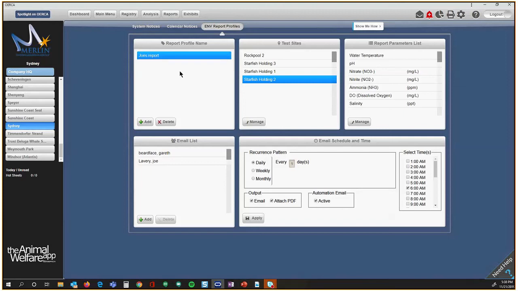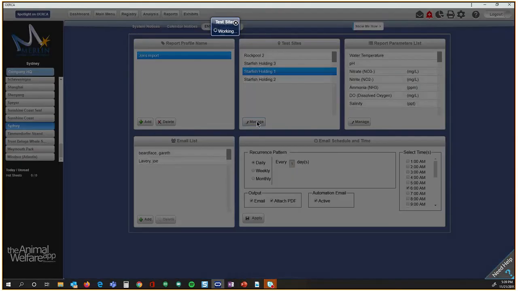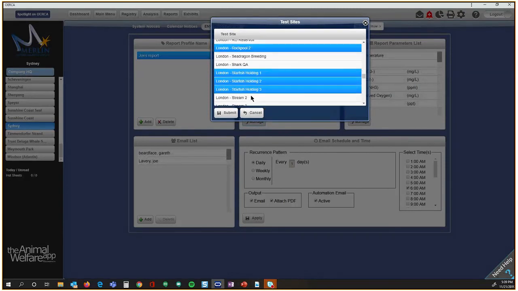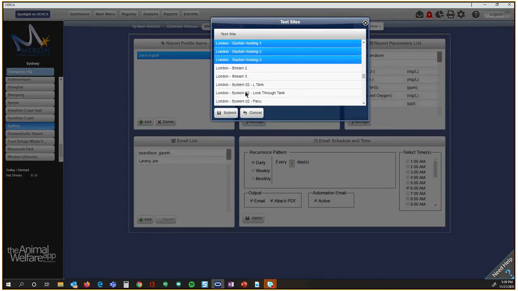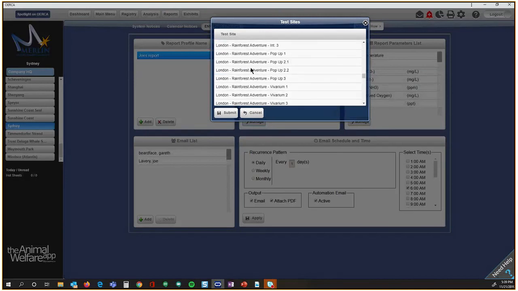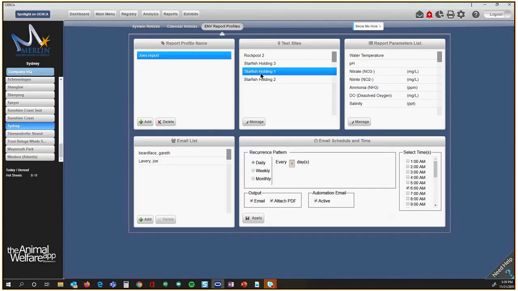So this particular report has these 4 test sites that have been configured. The way you do that, obviously, if I created a new one, these would all be blank because nothing would have been configured yet. If you click the Manage button, it will give you a list of all the test sites, and you can see the ones that are selected, and I can select as many more. Each time I click on one, it will turn blue, and I can select 2 or 3 or 4 or 10, however many you want to select for that particular report, and then they will show up in this